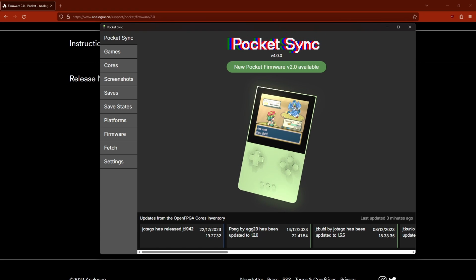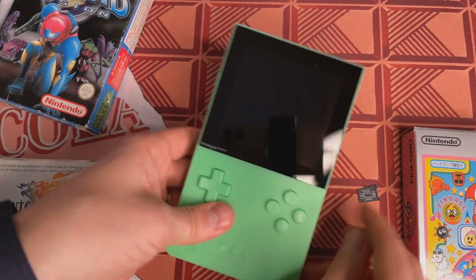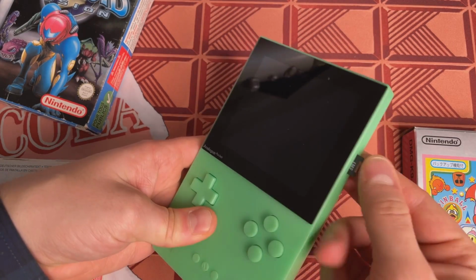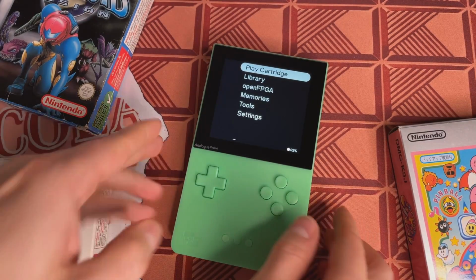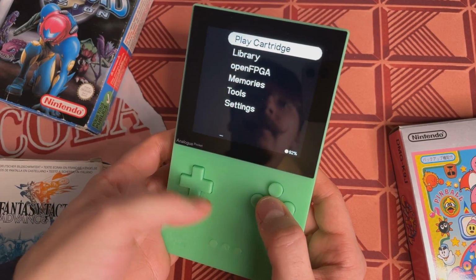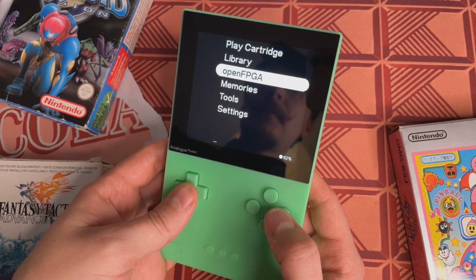I'm using this Pocket Sync app. It's a pretty handy app for managing your Pocket. Here's a nice green button: new Pocket firmware available. Okay, let's install the SD card into the device and get it updated. After the upgrade is complete, there doesn't seem to be any announcement or anything, but well, let's fire up some